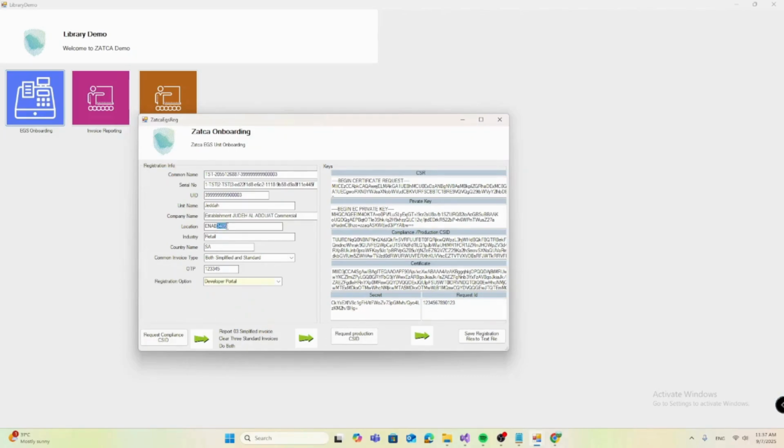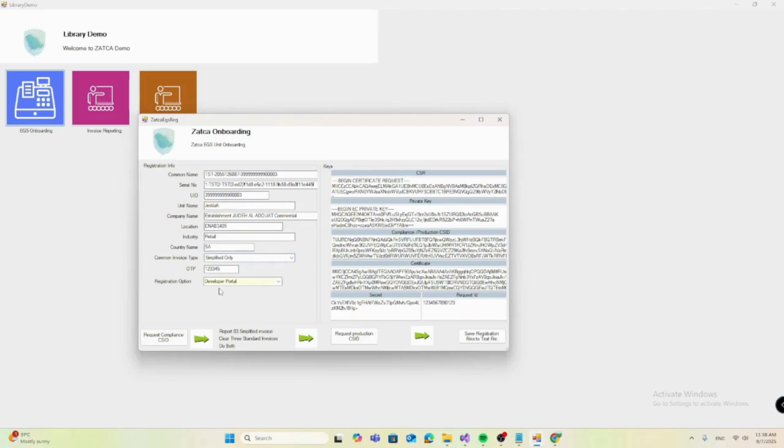This is a short location in your address, the certificate in Saudi Arabia, and type of industry, country name, and the type of documents you generate in this particular EGS unit. Either simplified invoice only or standard invoice only, or if you are using it to generate both simplified and standard invoices, you need to select the common invoice type